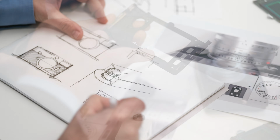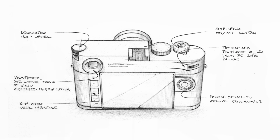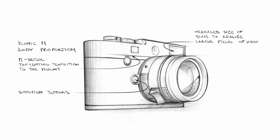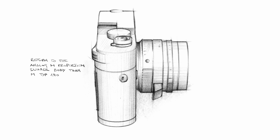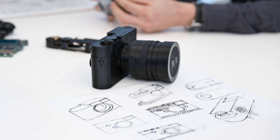Once we get into this phase, we sit together with the designers and start drawings like this. I just brought you the early sketch of the M10, where we already visualized the new features like the ISO dial and the main switch and the operation with the 3 buttons. And we frequently get back to customers and collect their feedback on these features. And once we see that could be the direction to go,